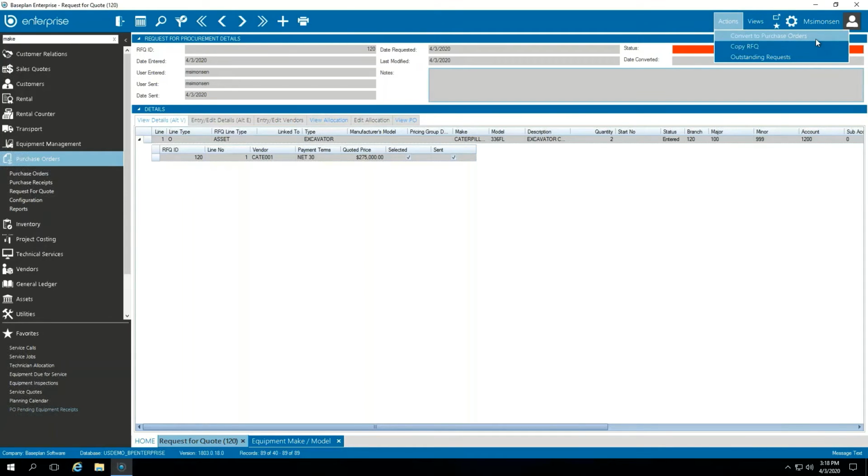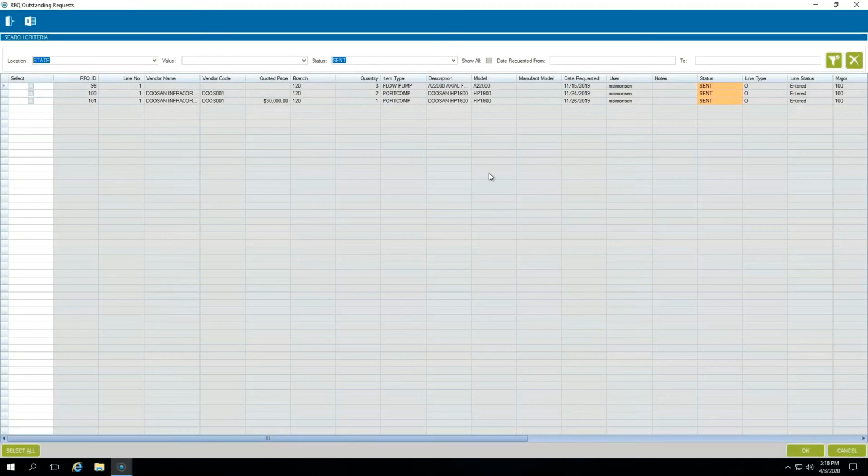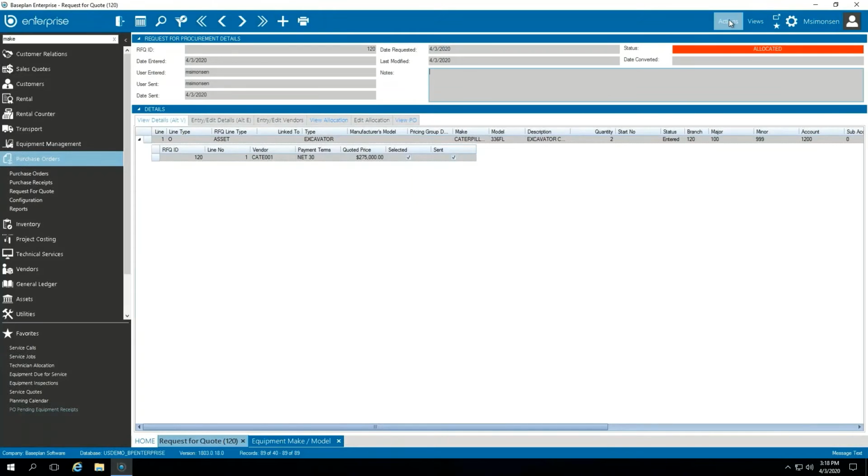order. Now what I can also do is before I convert it to a purchase order, maybe we're still waiting for some pricing to come in from other vendors. So I can go to outstanding requests and see what vendors still haven't come back to us on particular pricing. We can follow them up. So if I go up to actions and I click on convert purchase order,